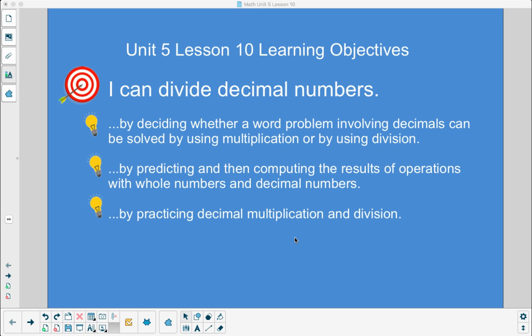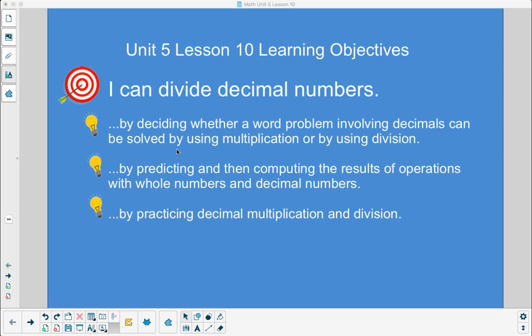Welcome to Unit 5, Lesson 10. Today, our target is still I can divide decimal numbers. We are going to do it by deciding whether a word problem involving decimals can be solved by using multiplication